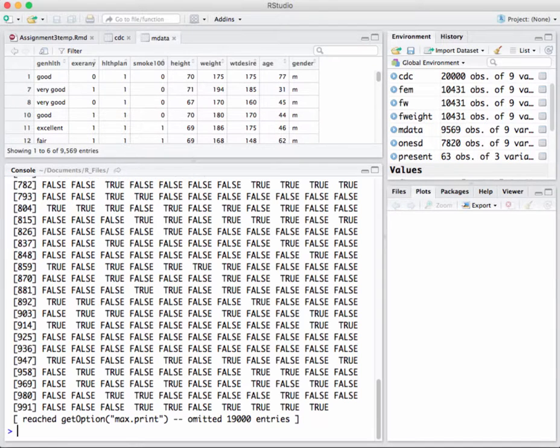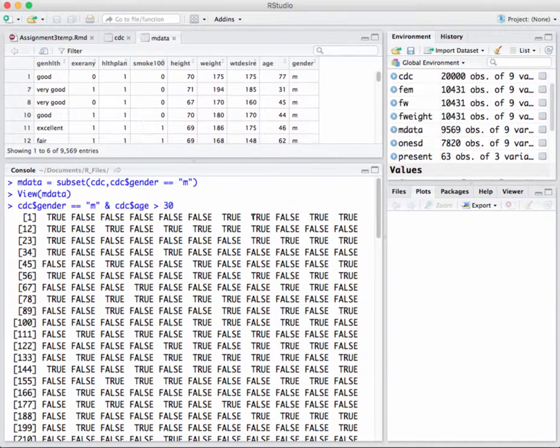And when I do that, again, I'm going to get a whole bunch of trues and falses. But this time, it's only going to give me a true when both conditions are met. So let's take a look at our first entrants here. The first entrant, the age was 77 and it was male, so we got a true. In the second one,